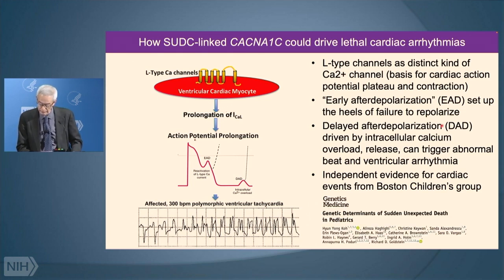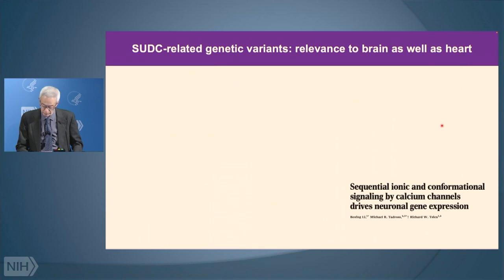Meanwhile, a group in Boston published only a very short time after we did, independently, a different data set of patients, and came up with a very similar conclusion that ion channels and other proteins are involved. You could take the two data sets together, and there would be both overlap and an extension of the work. And because this is a relatively rare disease, it's an example where scientific cooperation could be very fruitful.